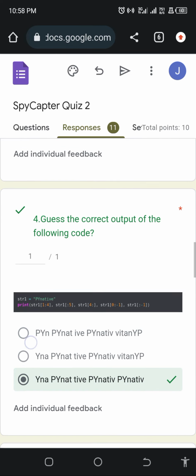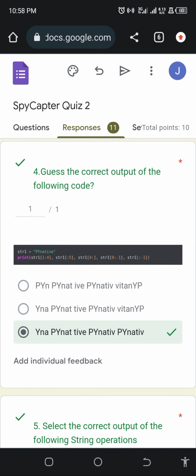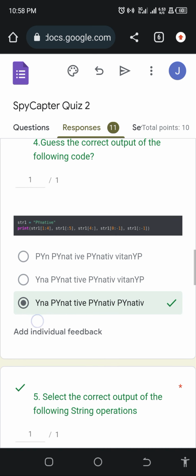ASCII code yake. Guess the correct output of the following. Yeah, it's all about string and it's all about slash. So if you are good in slash, you're gonna get it. Yeah, the answer is this one. Kwa sababu slash ya kwanza ni 1 up to 4, kwa hiyo tutapata YNA, na slash ya pili ni from 0 up to 5, kwa hiyo tutapata PYNAT, na from 4 up to the rest, kwa hiyo tutapata up to 4, it means ni T, kwa hiyo TIVE,